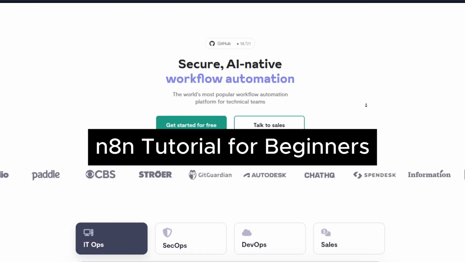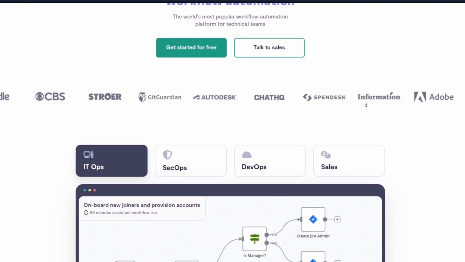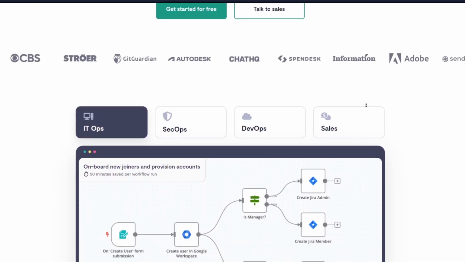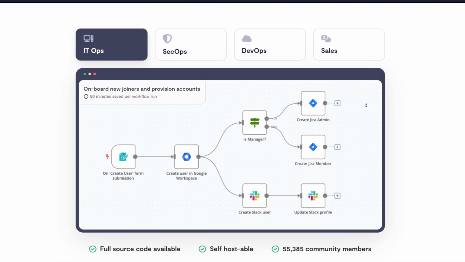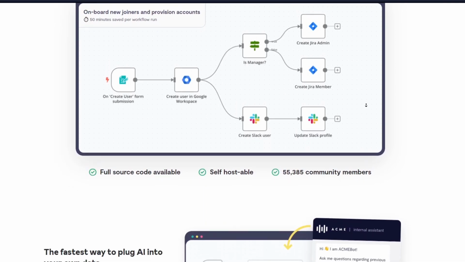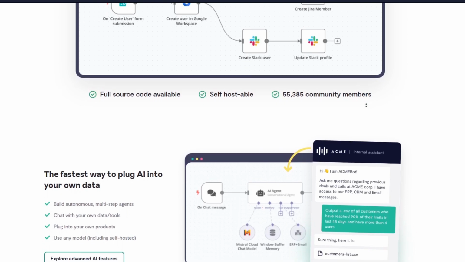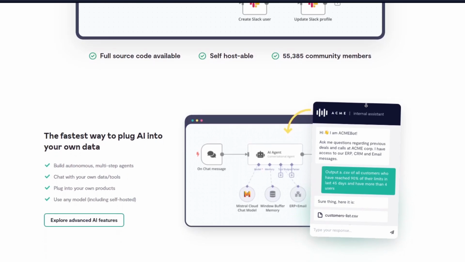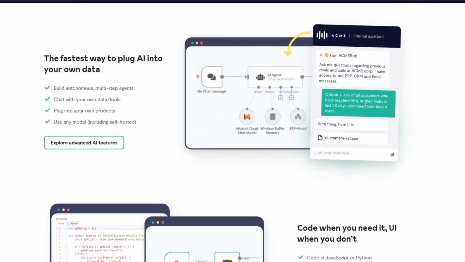n8n tutorial for beginners. n8n is an open source workflow automation tool that enables you to connect various apps and services without writing complex code. It's a powerful alternative to platforms like Zapier, giving you more control over your data and workflow. In this beginner-friendly tutorial, we'll walk you through the basics of n8n, including how to set it up, create workflows,